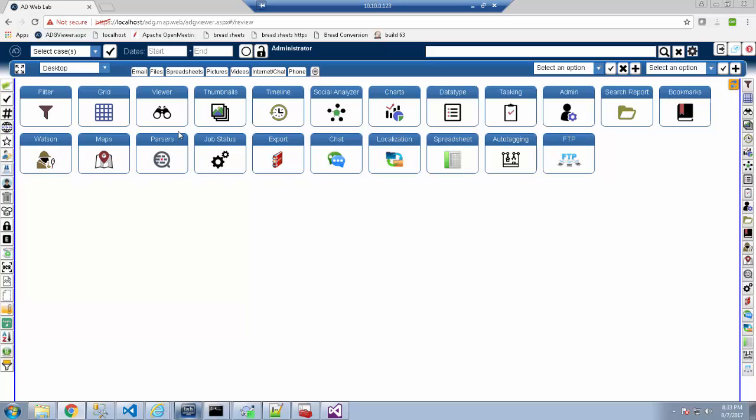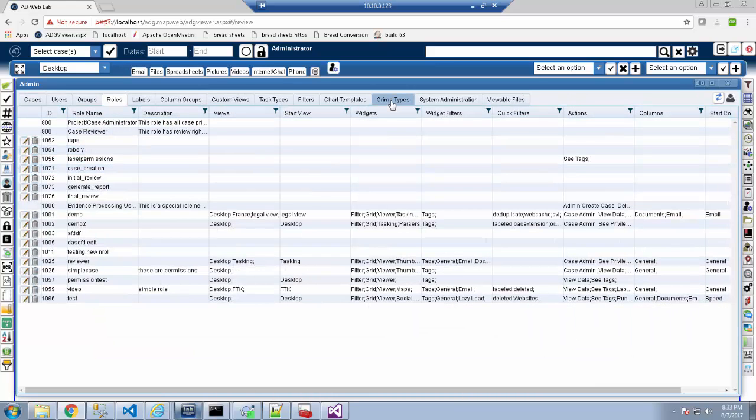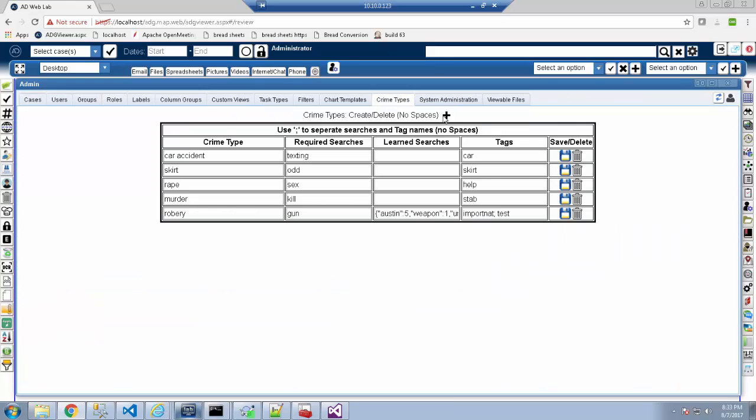We go into our admin widget, which is right here. And we go to crime types. And it really is as simple as clicking this button. And then let's pretend we are part of a law firm now, and we're going to do IP theft. Right? We're part of a firm that gets a lot of IP theft cases, and we want to make that a crime type or an investigation type. In IP theft, we obviously want to search for the term